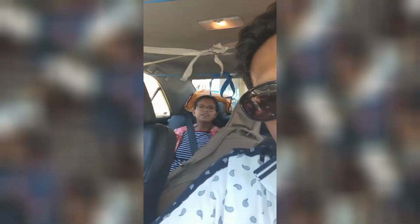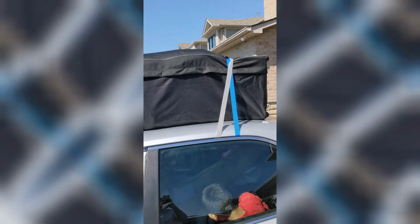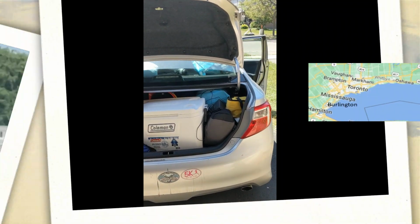Unfortunately, fortunately, we have a small car, which is a sedan, and I'll show you how we managed to put everything together on a sedan with a family of 4 and still ensure that we are carrying everything. It's like carrying the whole home. I'll just quickly switch over and show you. One second. If you look around, this is a rooftop bag that I bought, and this is the trunk of the car. If you look,